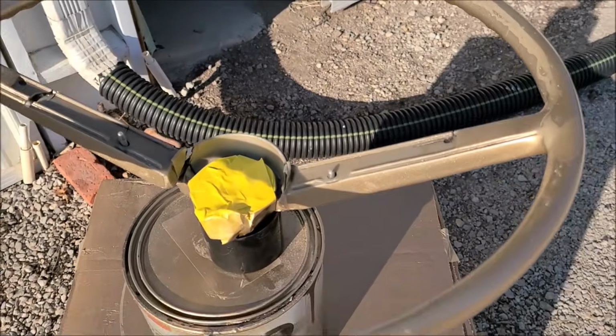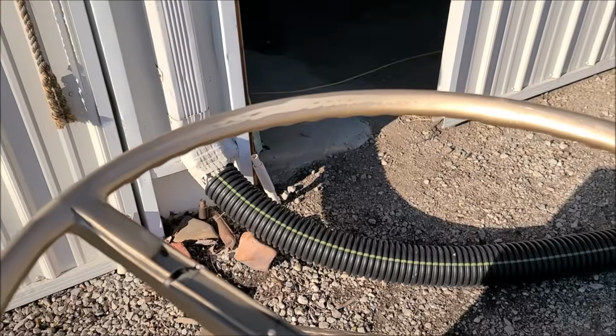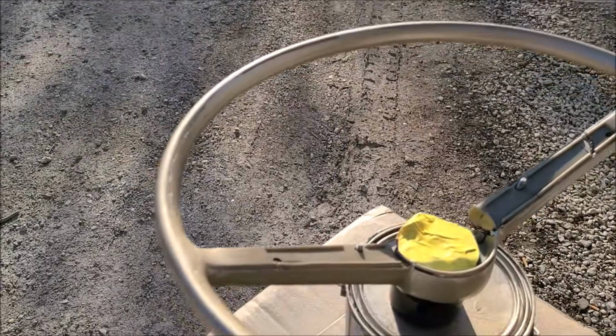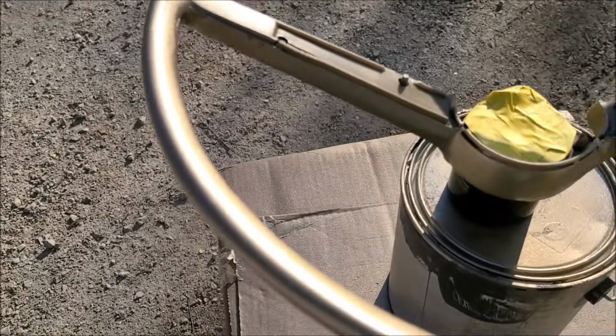All right, the last look at this top side before we give it a final coat. I am very happy with how this is turning out. I got this scarring over here, which I'll go ahead and point out. That is something I did not fill, but Anna told me basically to stop trying to make this thing perfect,